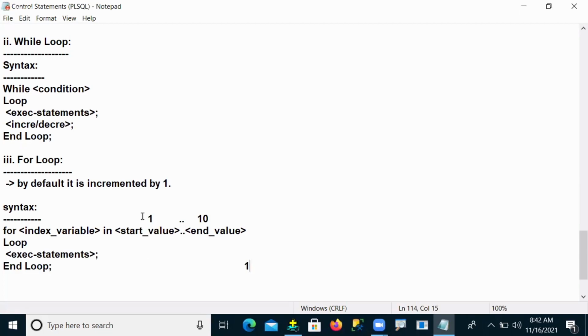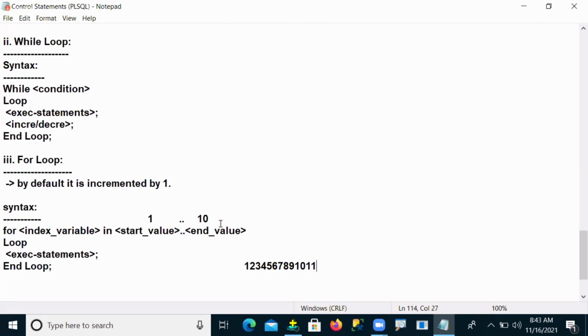1 is printed. So now, increment. By default, how much did I say? By default, increment by 1. So here 1 is printed. So 1 plus 1, the increment is 1 now. 1 plus 1, 2 is printed. Okay. 2 plus 1, 3 is printed. 3 plus 1, 4. 4 plus 1, 5. 5 plus 1, 6. 6 plus 1, 7. 7 plus 1, 8. 8 plus 1, 9. 9 plus 1, 10. 10 plus 1, what?